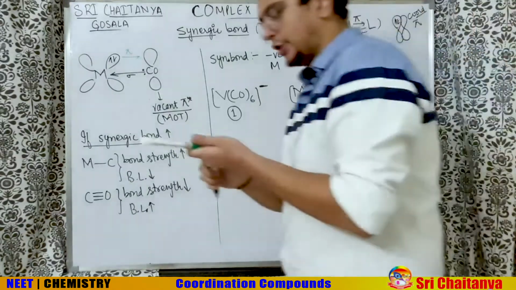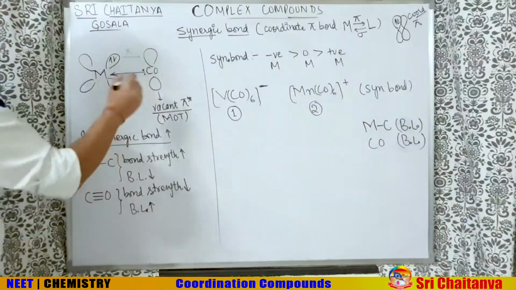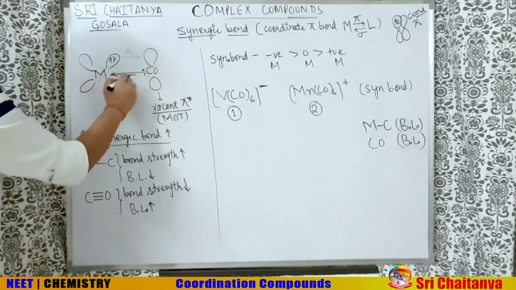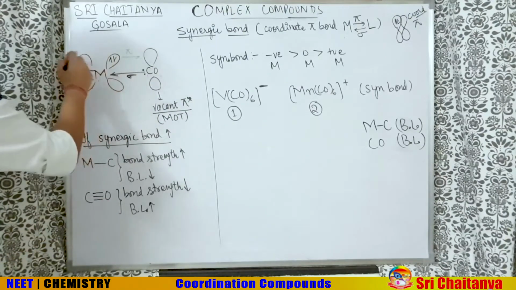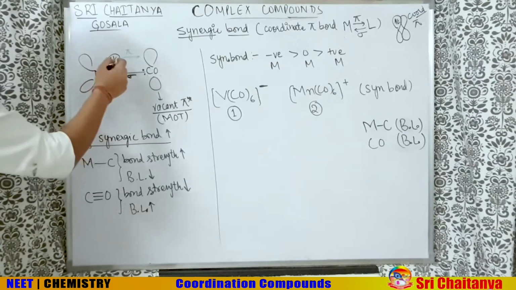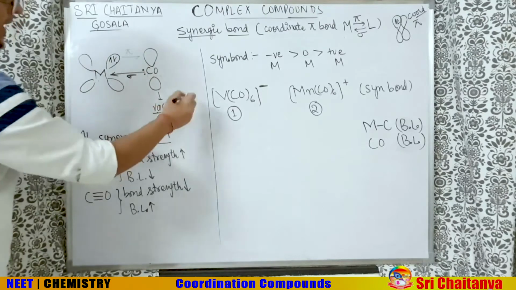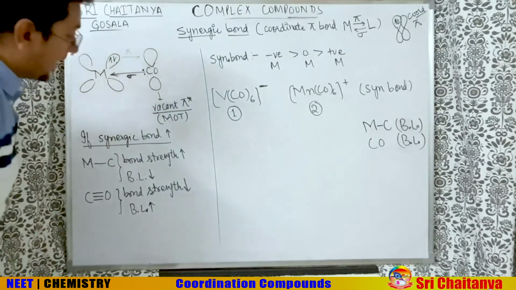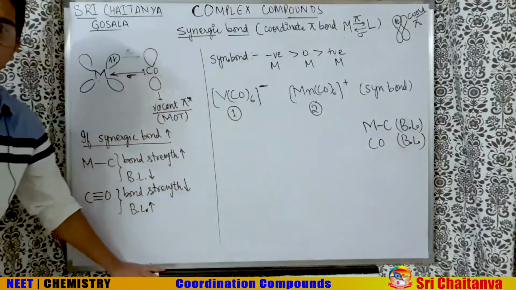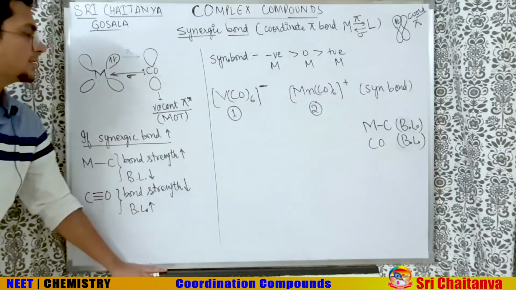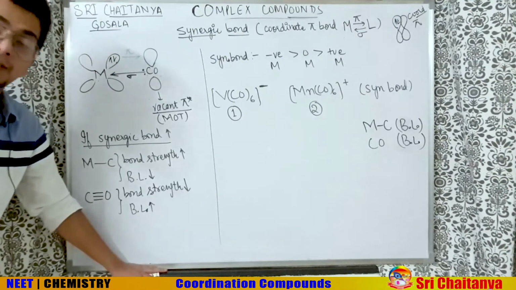So let us see what the scenario is. So look, this is the metal. CO has a lone pair and it donated the lone pair, it's a sigma bond. Now metal M has a lone pair in the d orbital. And CO has an empty pi star orbital. As per MOT, molecular orbital theory, when we write the configuration of CO using MOT, we understand that CO has an empty pi star molecular orbital.